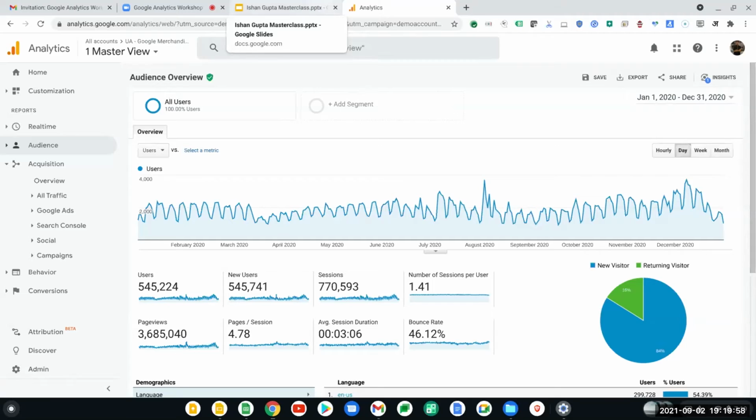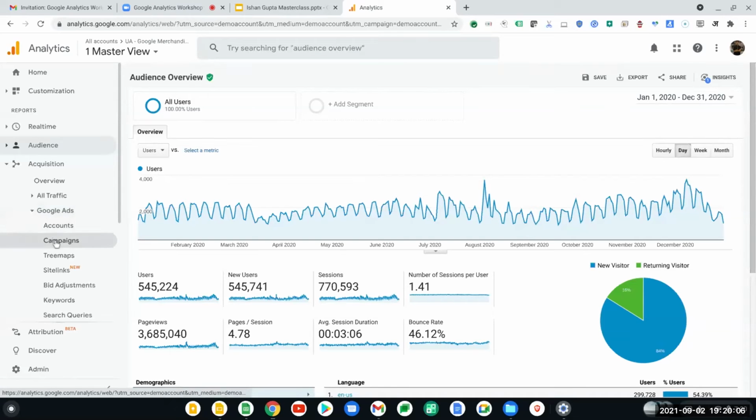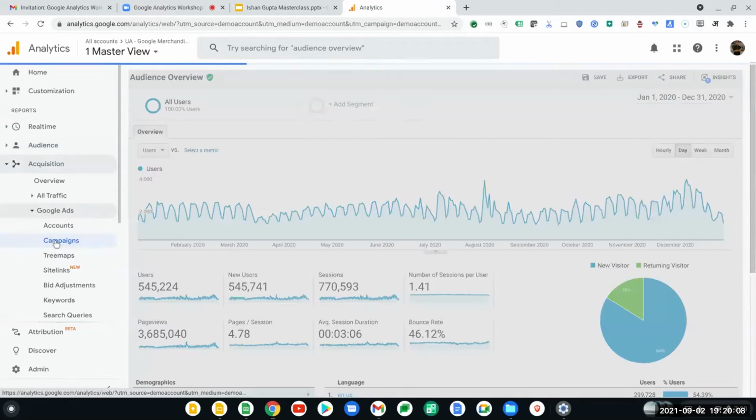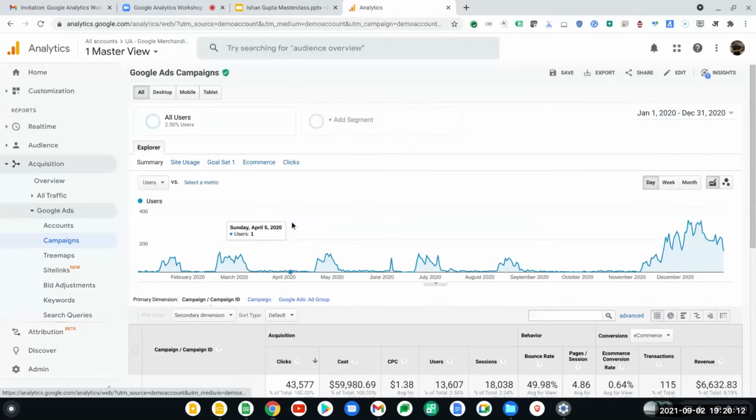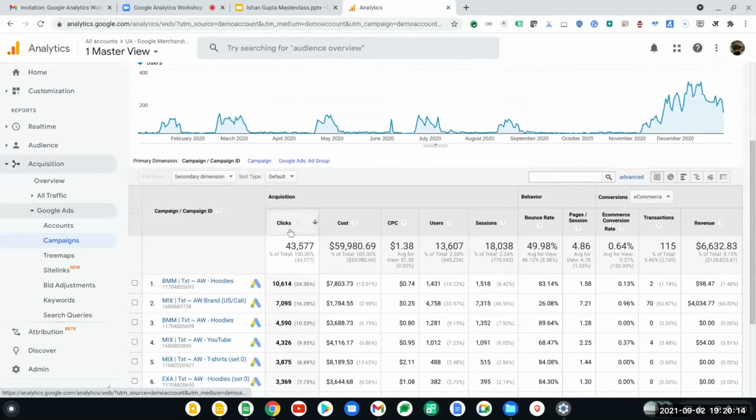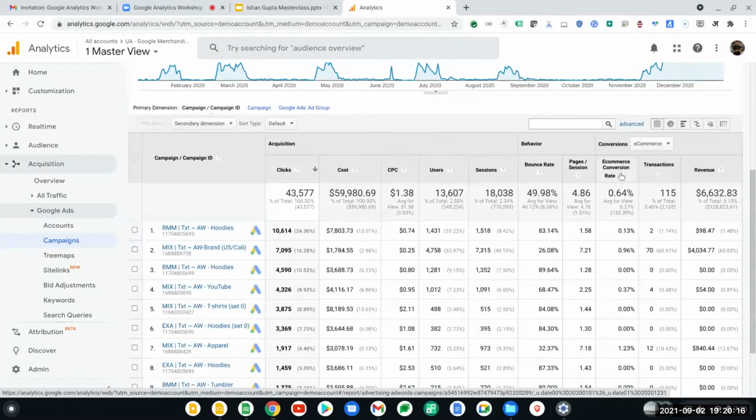So all that I need to do is go into the acquisition section. Since we're talking about Google Ads campaigns, I'll go into Google Ads, and then I'll click on campaigns. Now, this is what we are going to track, which is the e-commerce conversion rate.